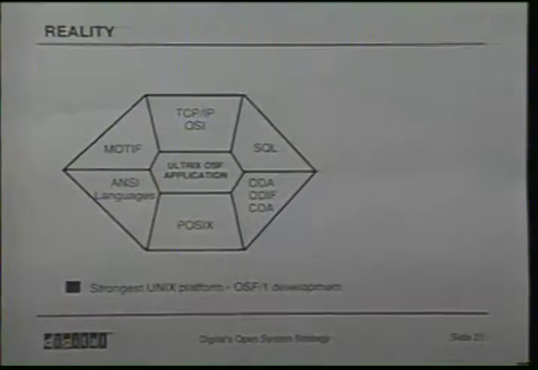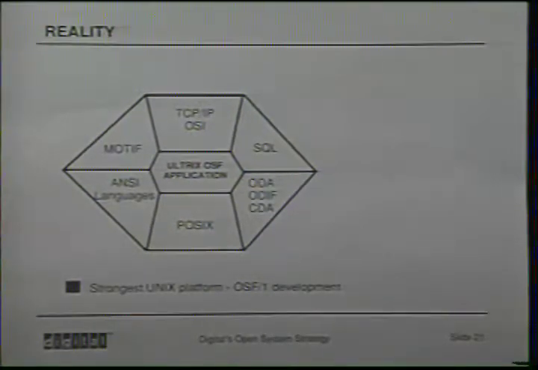So if you take a look at the way Digital is delivering open systems, we can look at a hexagon in the Ultrix environment. You can move around the hexagon and talk about our POSIX compliance. We are the first vendor in the industry to be POSIX compliant with Ultrix version 3.0. Our ANSI standard languages, which we deliver with the Ultrix environment, Motif, the user interface that we deliver, TCP/IP and OSI to give us the networking and the interoperability for the application in the Ultrix environment, SQL, again, as I mentioned, delivered in the Ultrix operating system itself, and the support of the compound document architecture in the Ultrix environment.